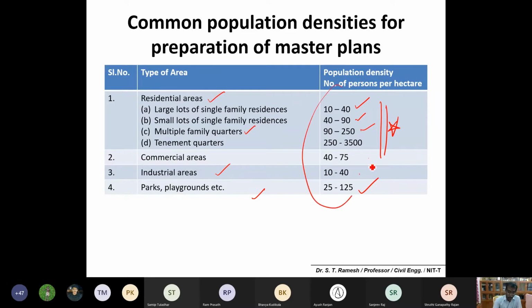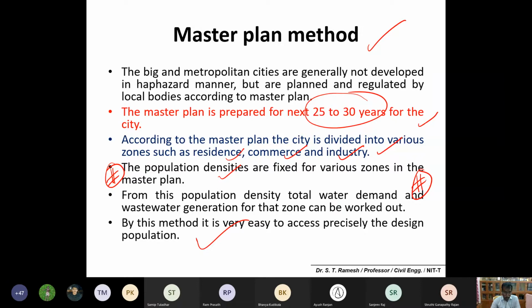If this is known, you can also find out the expected or projected population in future decades very easily, because that is important. If it is not worked out based on the master plan, then policy makers have to take other decisions. Well-developed cities have also been planned in this manner, by master plan. Initially growth may be very low, and over 20-25 years the city will go multi-level, as you would have seen in some cities in India. So this is the master plan method.